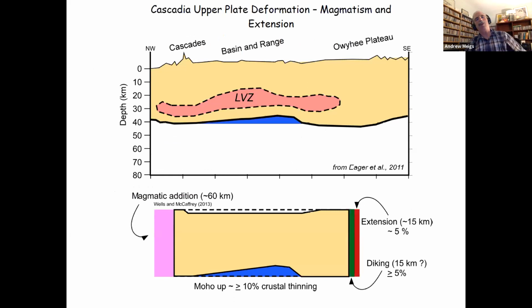Now, this extension has made springs, et cetera, but it just hasn't done that much work on North American crust. What you see at the top here is a simplified